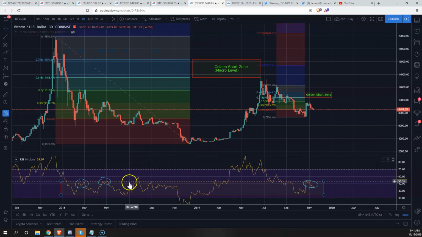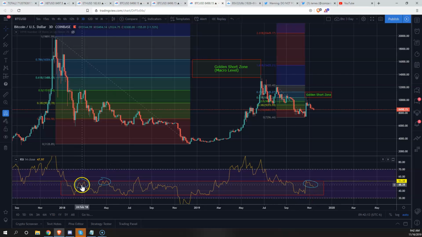And again, if we look at the 3-day RSI, this bottom of the red box is a very clear indicator of support. When we get there, it makes sense to consider, hey, maybe I should not be short right now. Maybe I should be looking for longs. You can see we didn't get perfect touches here, but very, very close on both of these bounces. This bounce was over $1,000. This bounce was over $3,000.